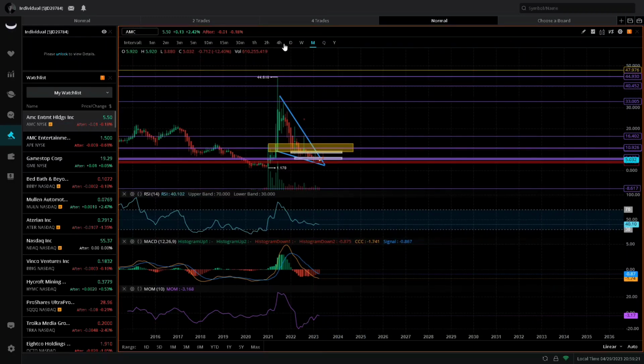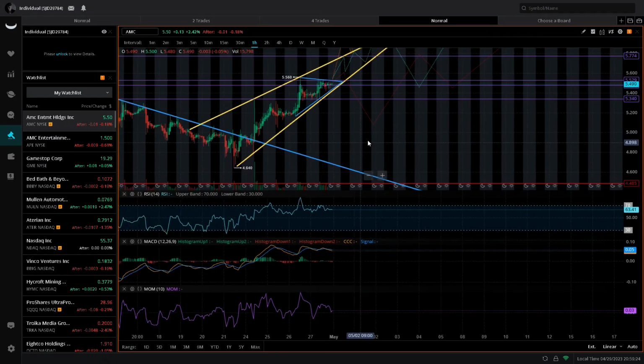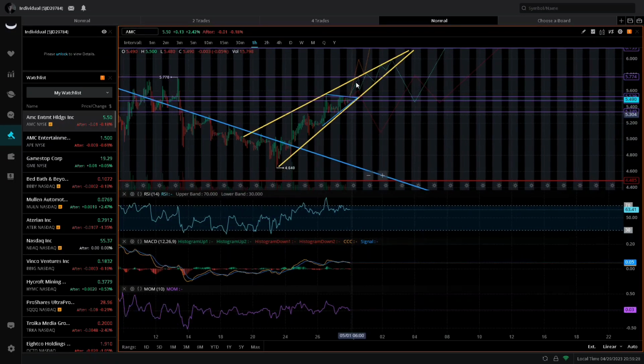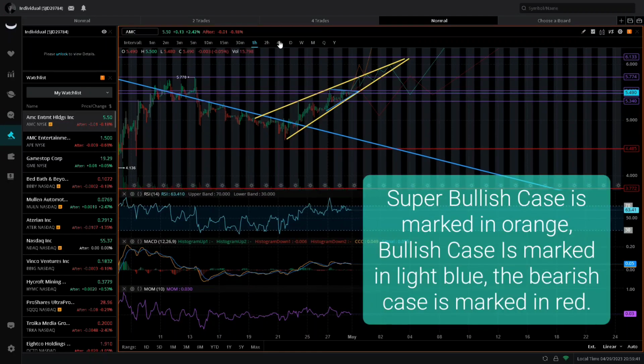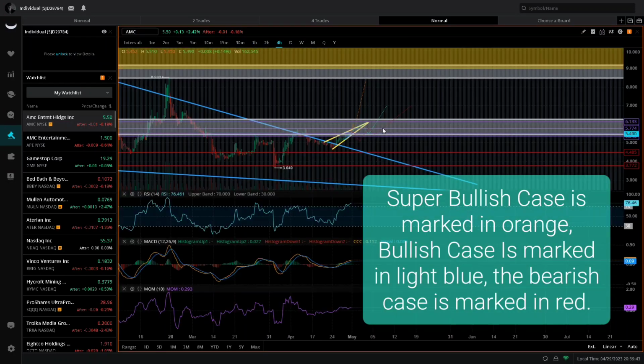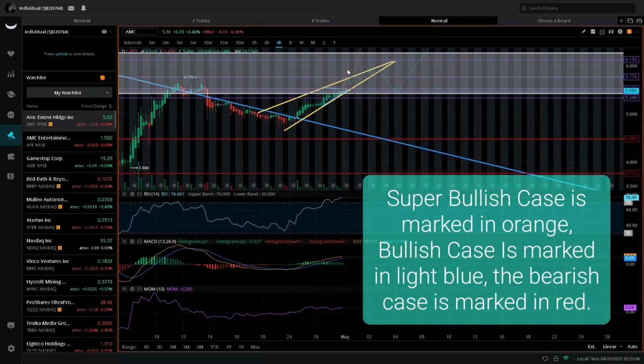So let's go ahead and look at the smaller picture and what I think might be happening on Monday, Tuesday, and throughout the week. Again, I have my super bull scenario, the scenario I think is most likely to happen, and then my bearish scenario. Let's start with the super bullish scenario. As you guys can see, this one has us moving up to higher highs, breaking out early pre-market. So basically what I want to see is a huge run up to about